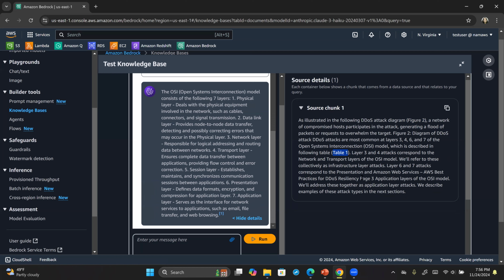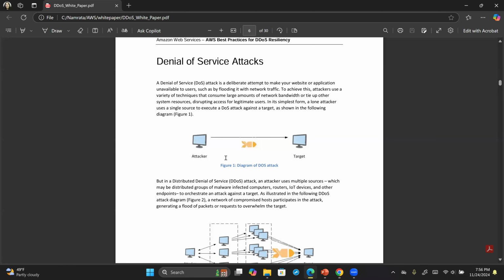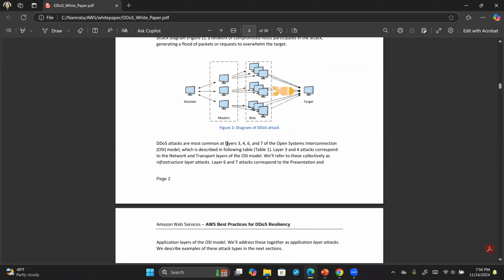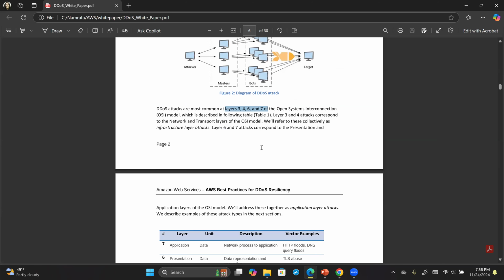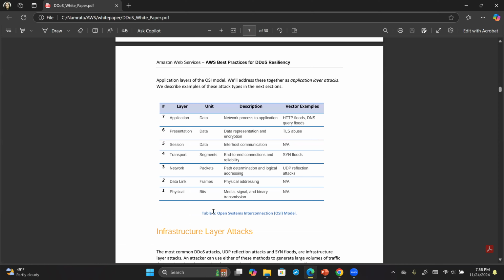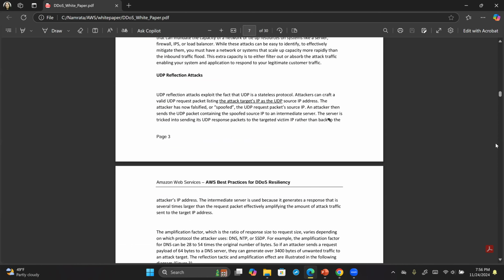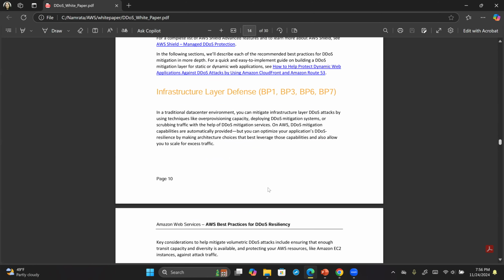Okay, so let's see. This is figure 2. There you go. So you have some layers over here, as we saw. And now it's also talking about table 1, which actually has all the layers of the OSI model. So this is perfect. Now let us ask maybe,